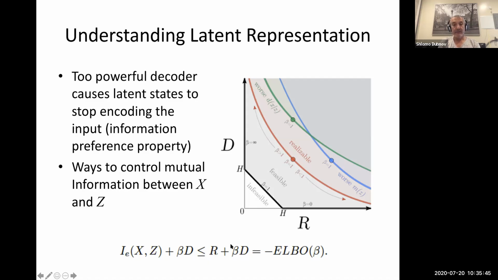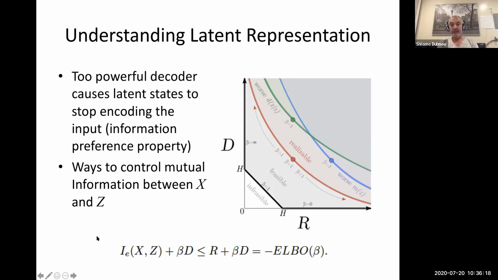In the sense that if you allow less distortion, you will be learning at higher rates, or you can go the other way around and learn at lower rates by allowing higher distortion. And you can train by tuning the weight between these two parameters. So you have to redefine your learning criteria.